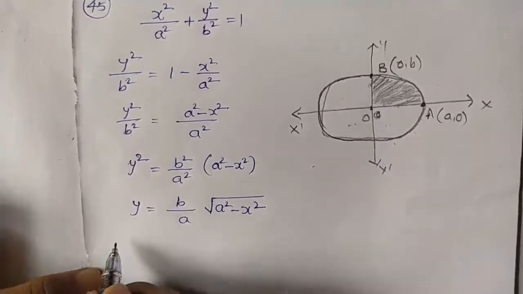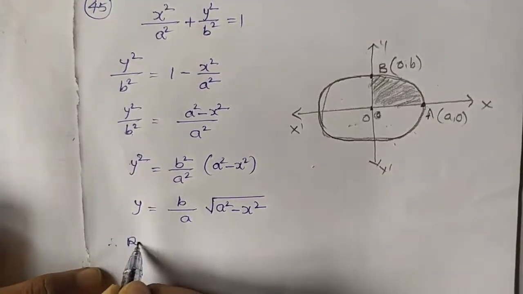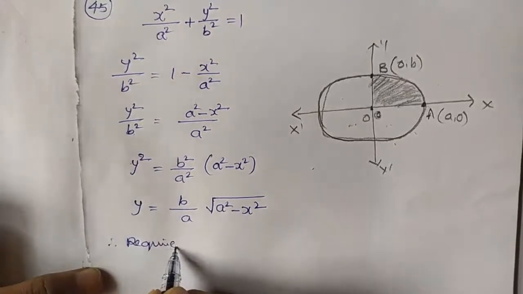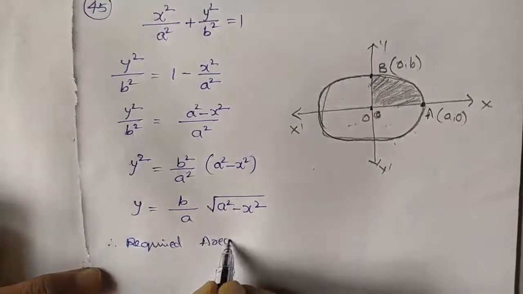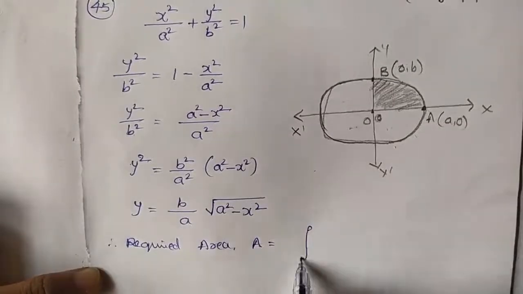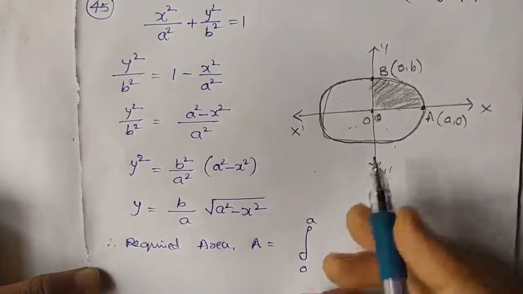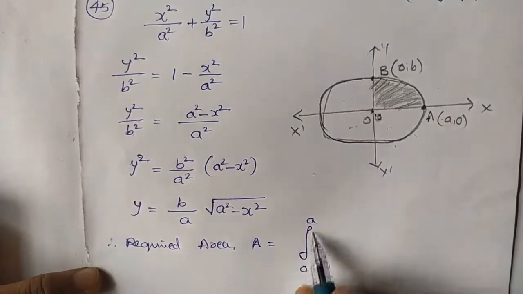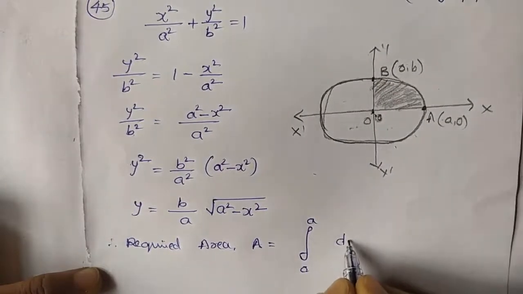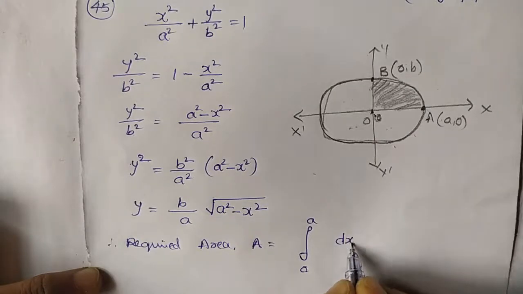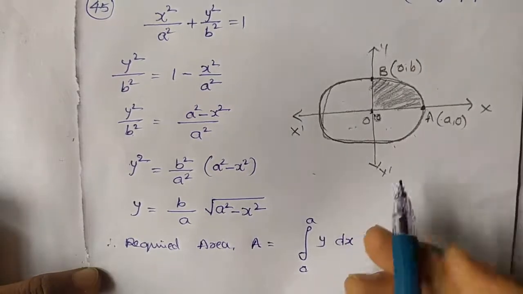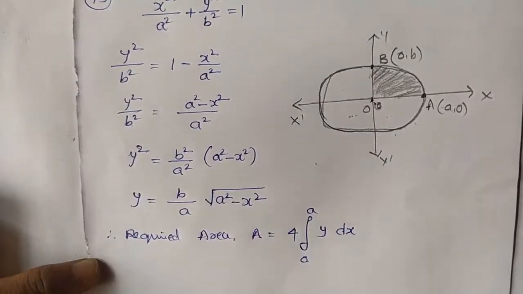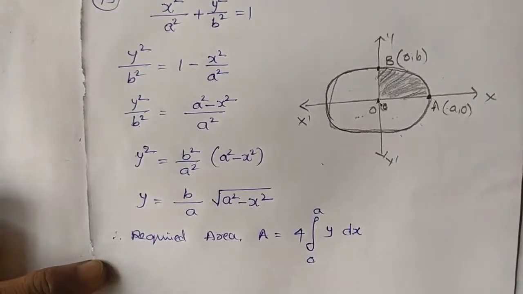Now we want the area. Therefore the required area A equals to integration of 0 to a. See the diagram, origin from 0 to a, we have taken the x ordinates, so that we have to do the integration with respect to x, y dx. 1, 2, 3, 4 times. So 4 times of integration 0 to a y dx. Substitute